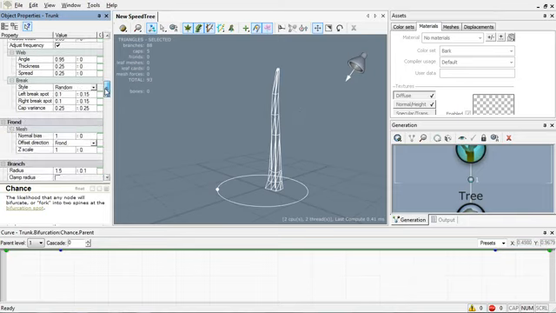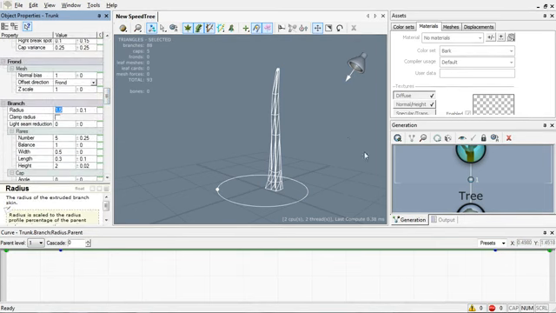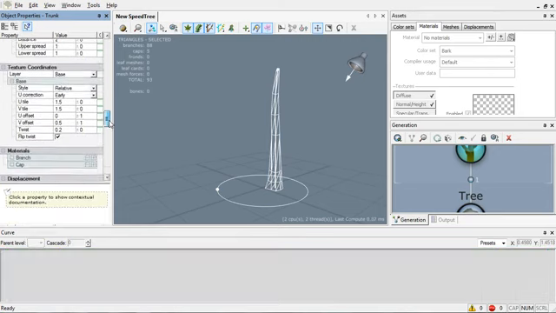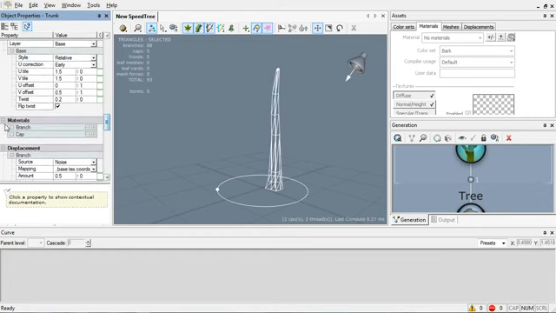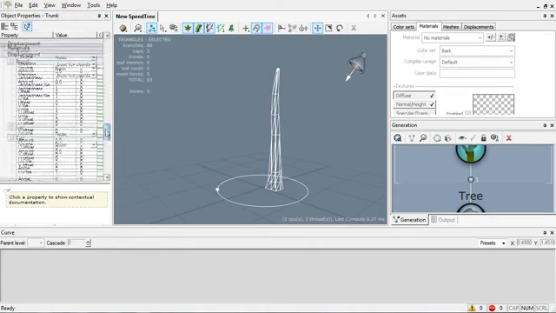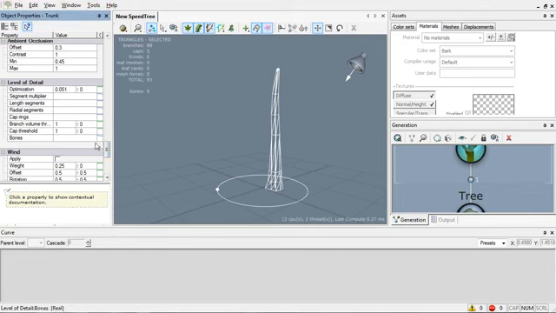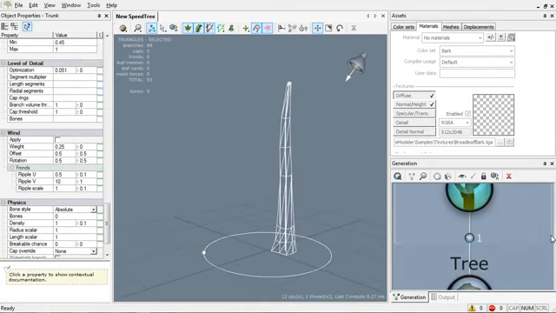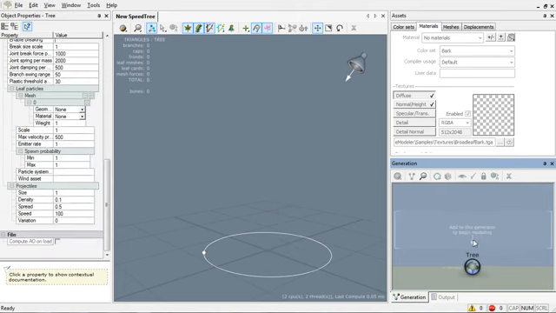And other settings are the same, and this gives the radius of the branch. 4 gives a thicker branch, and 1 gives a thinner branch. So let's set that to 1.5, which is the default value. And other settings are pretty straightforward. This specifies the materials that are applied to the trees, and the displacement map, and level of detail comes over here, and wind settings comes over here. So let's just delete the tree, and delete this tree, and build a